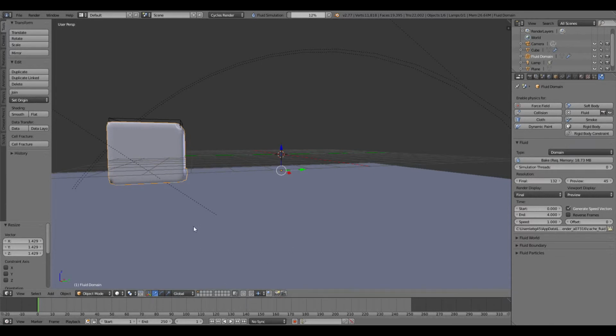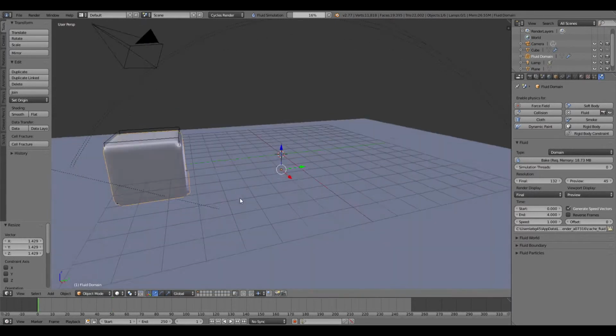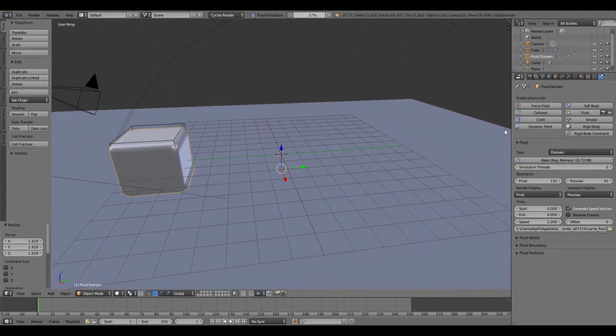And if you ever want this to stop flowing, so if you want to render this out, I suggest coming to here and changing the resolution to like 250 or something like that. It will take a long time to render because the higher this is, the more it looks like actual water. So that's what it does. And for the final render,